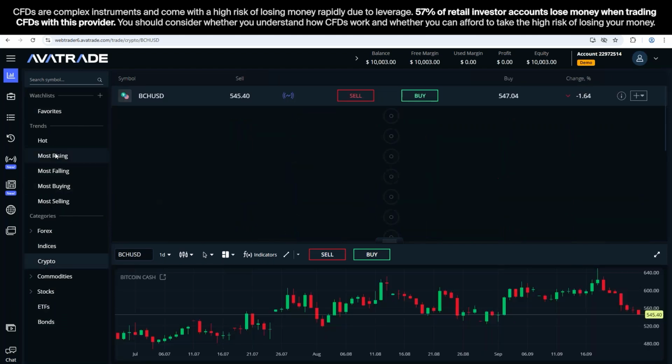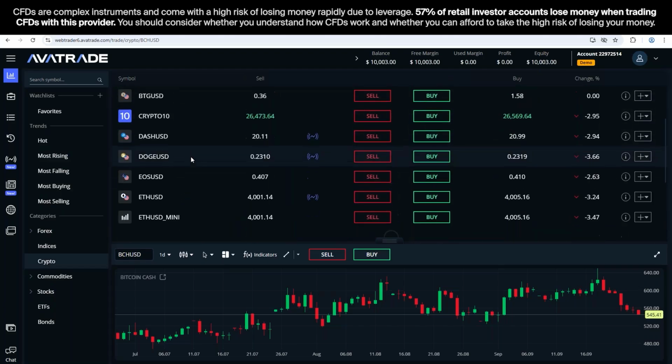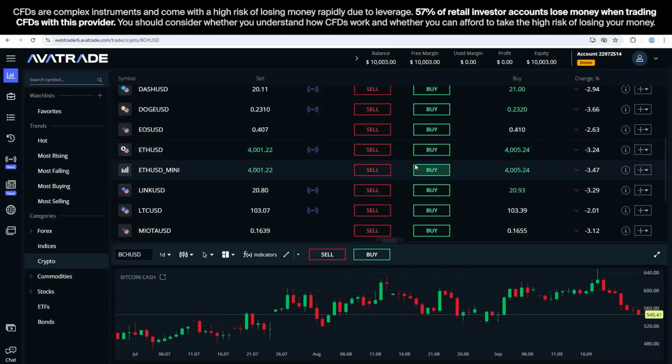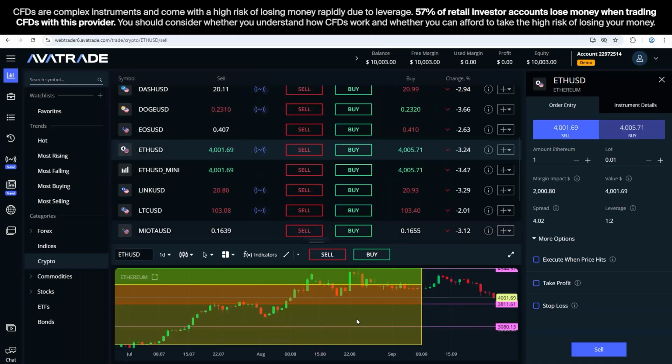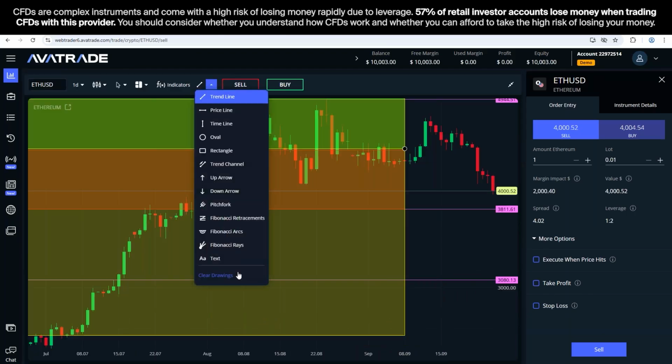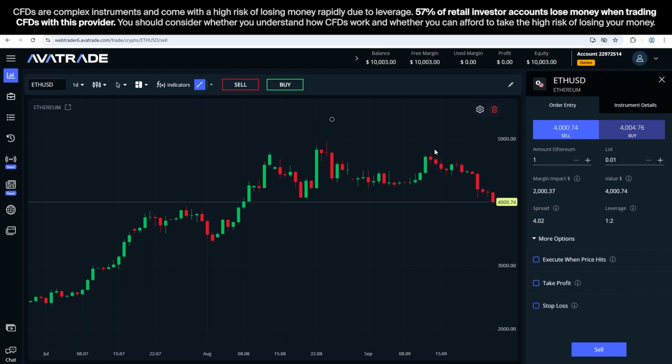So if, for instance, we click here on cryptos as an example, just a random thing, maybe Bitcoin or even one of the smaller currencies, maybe even Ethereum. So even if we click on Ethereum, just as an example, let's go with a sell. Oh, we've got some nice things on it already. But we're going to clean what we've got so we can begin from scratch. Let's use Ethereum. As we can see, Ethereum is quite bearish. We can have a downtrend line here